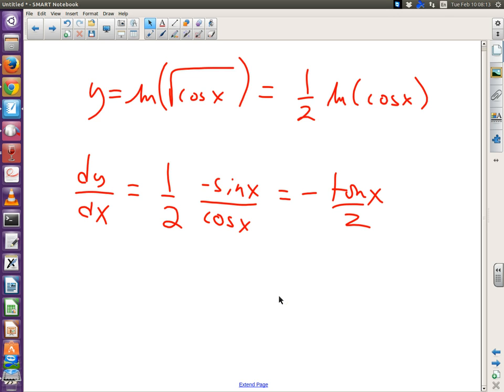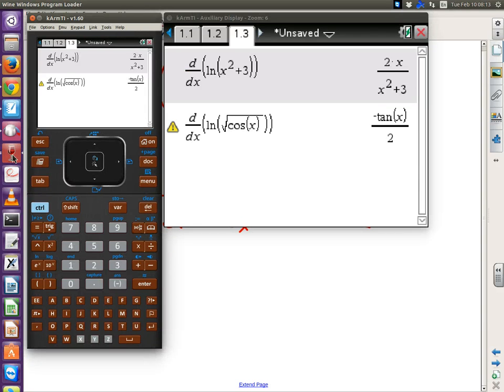Is that what we said? Why does the calculator do that sometimes? That little yellow thing? I don't understand what it means. It basically says this could be a different answer. Well, because there's a lot of ways of writing trig functions. So depending on how you do it or how you simplify it using trig identities, it could look different, right? But all derivatives will look the same when you graph them. If you got the same derivative a different way and it looks weird, but if you graph it, it matches,